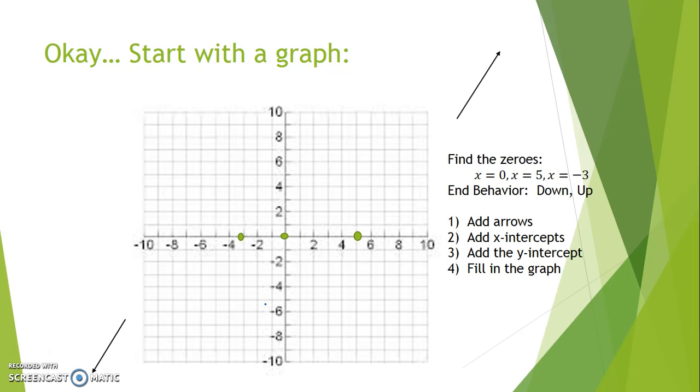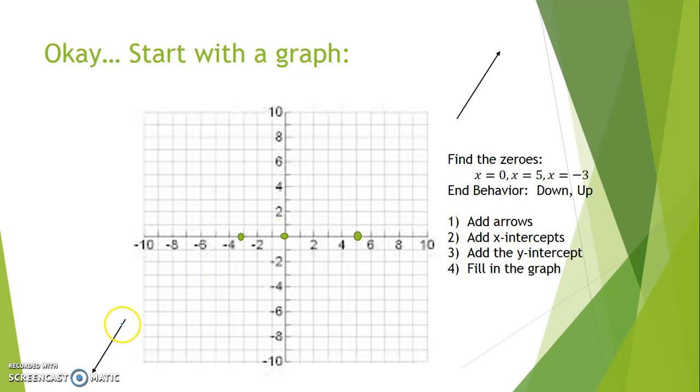So we draw our arrows off to the side, as you can see here on the left and right hand sides of our screen. To help us remember our end behavior, we graphed our zeros at x equals 0, 5, and negative 3. And then we have our end behavior. So we add our arrows, put our x-intercepts, add the y-intercept, which we said was 0, which is already marked, and then we fill in the